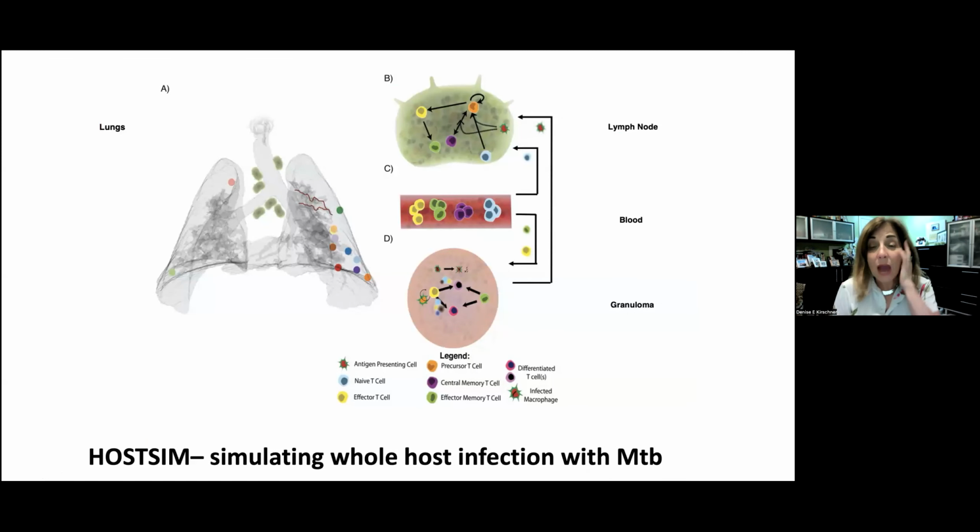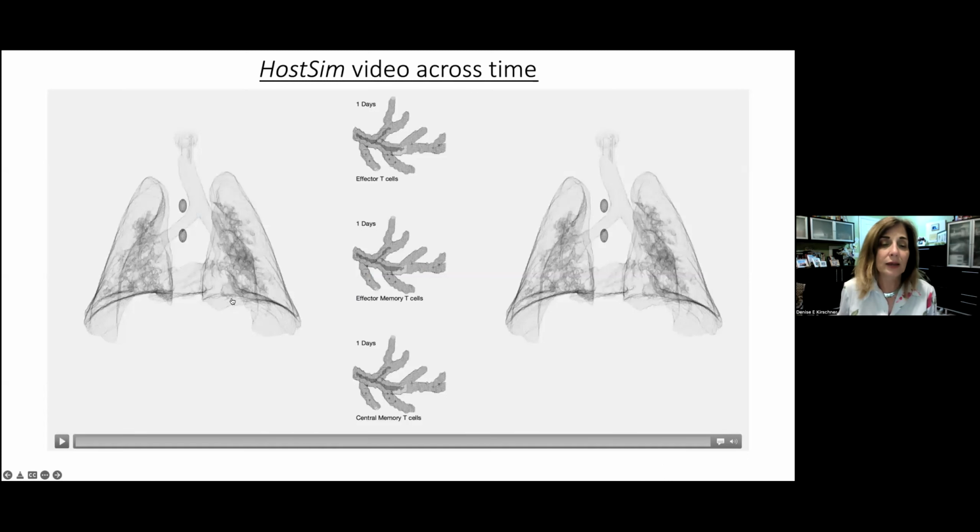So what we've done now is we've built a model. We took some monkey lungs and we digitized every XYZ coordinate of that lung, and we have blood vessels, we have lymph nodes, and now we can instill granulomas into these lungs so we can have a full picture of what TB looks like. So what you're going to see now is a simulation where we instill some bacteria in this left lung,